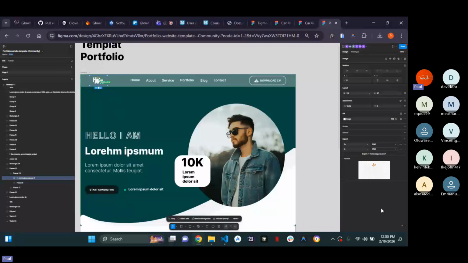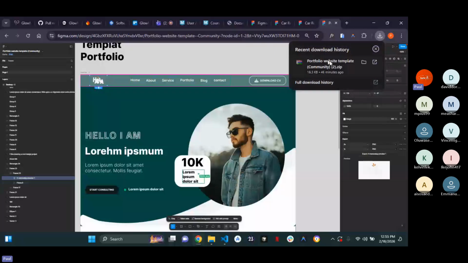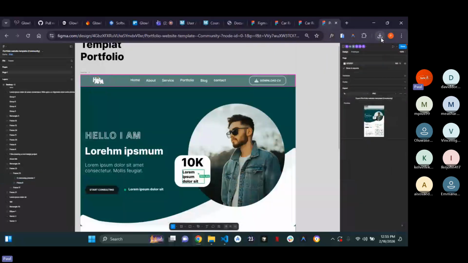So now scroll down. After selecting it, scroll down on the right side of your design, and then you see preview. Now click on the preview to be very sure. That's what your preview is, to be sure that you've selected this thing. Then click on export. You understand? So after doing that, it should download a zipped file for you. So after it has downloaded a zipped file,